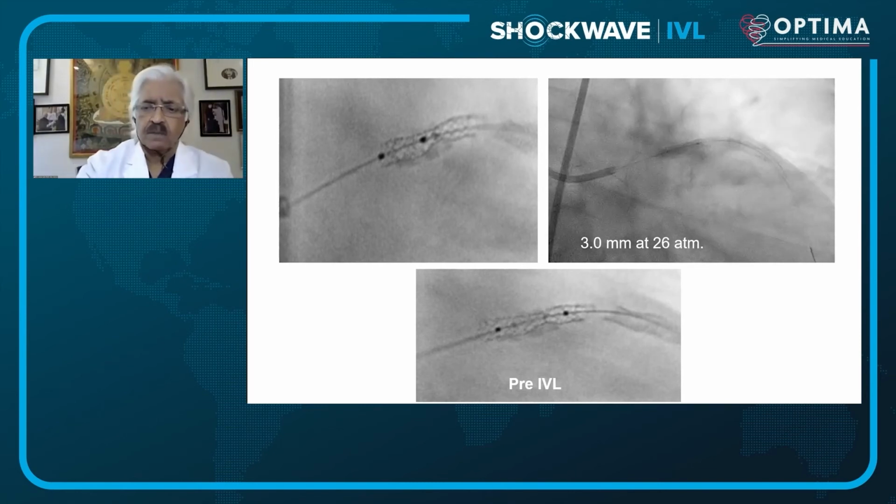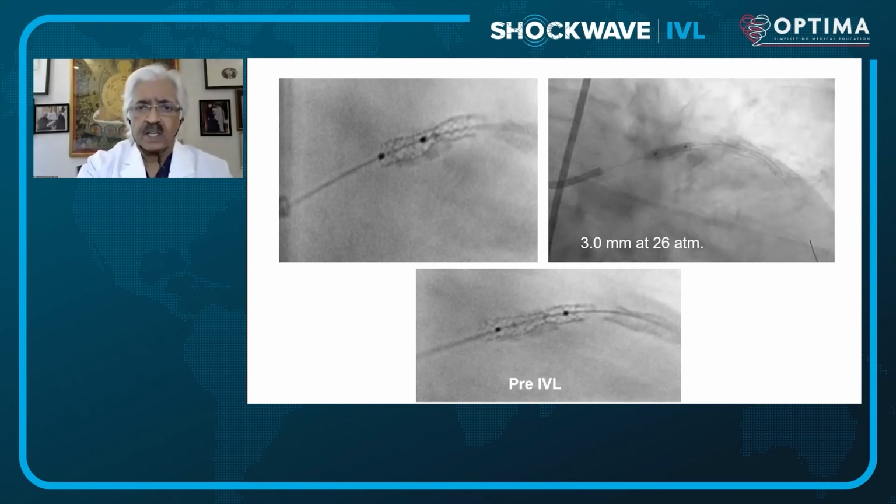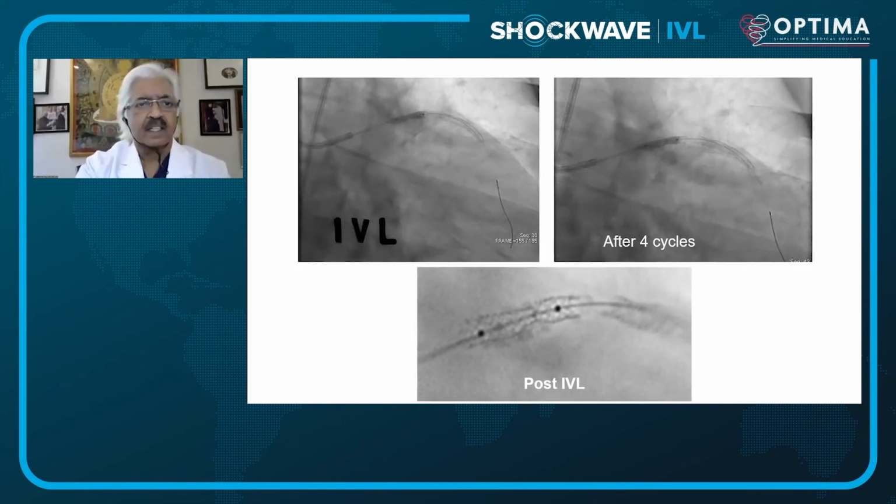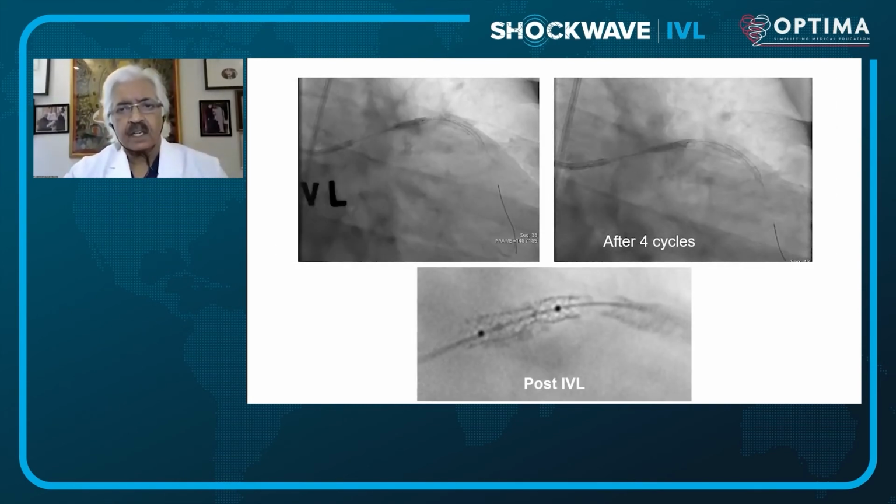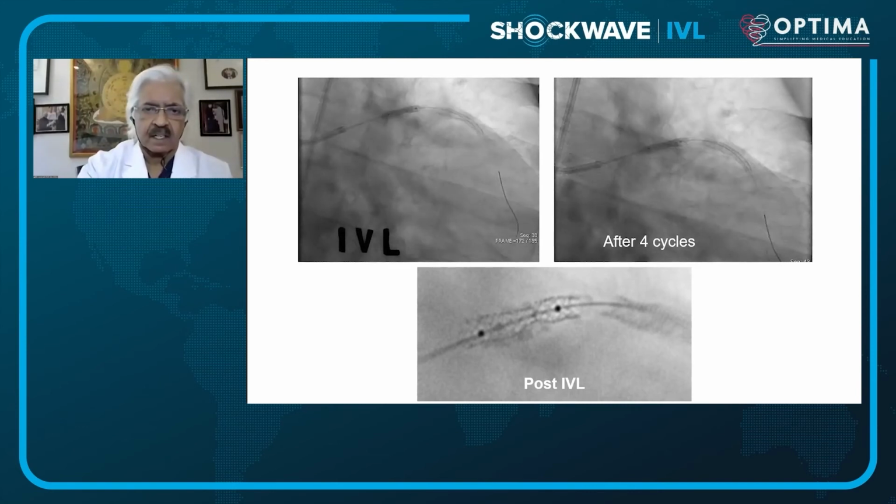And here, a 3 millimeter non-compliant balloon at 26 atmospheres does not relieve the residual stenosis. And therefore, that is followed up by the remaining 40 pulses of IVL, which we hadn't delivered, which we now deliver inside the stent. And even after the delivery of the 40 pulses inside the stent, there's still a significant